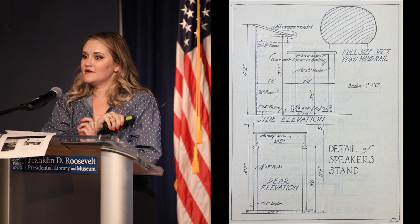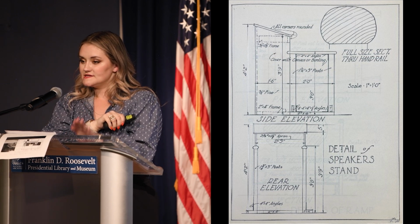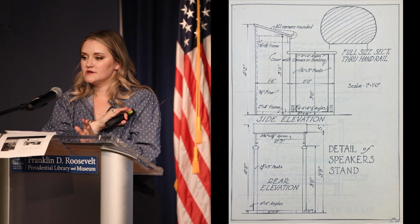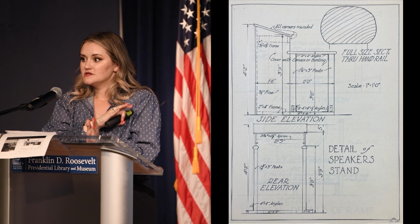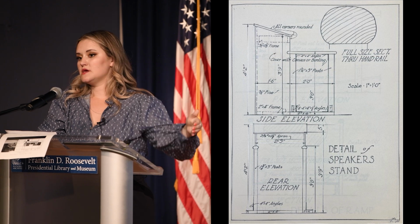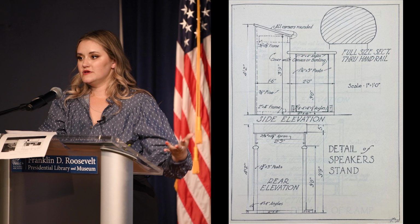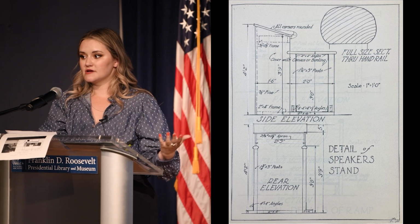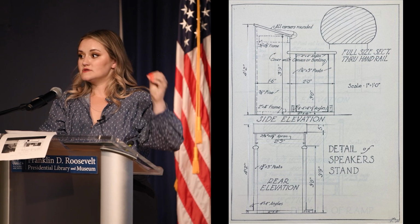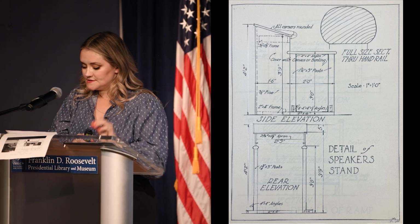This image is a very interesting finding from my time in the archives in the Secret Service records. So this is an example of a diagram that the Secret Service drew and distributed to an advanced team of agents that would go to whatever FDR's next speaking location was going to be, and they would make sure he had ramps, steps, podiums, whatever he needed to be able to do that public appearance. So they would distribute these diagrams, and they would go, and if there was not a suitable podium, they would hire local carpenters to build these types of podiums. So very detailed